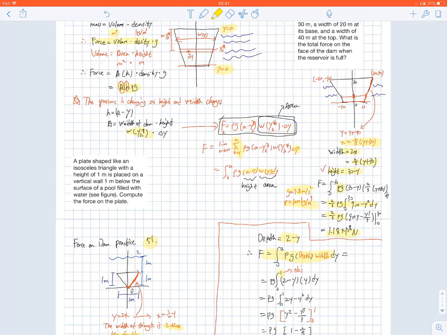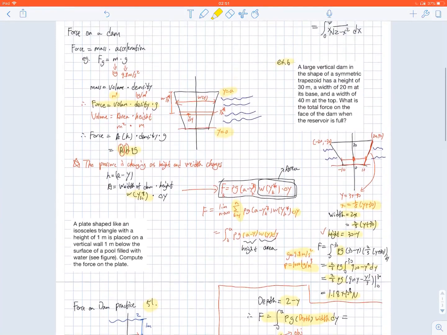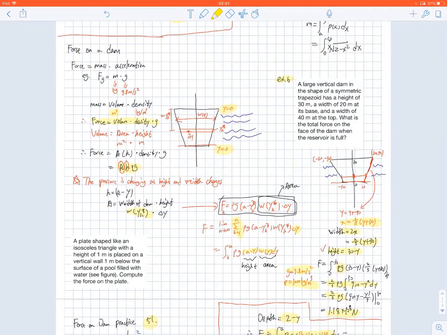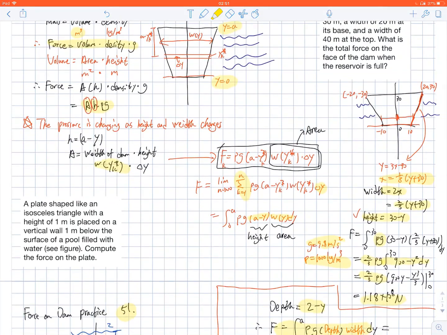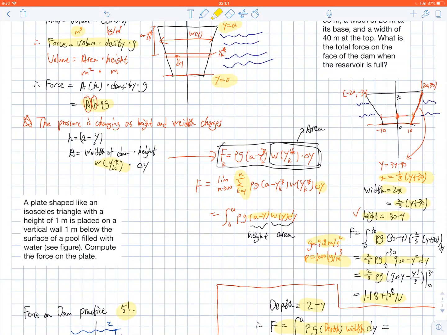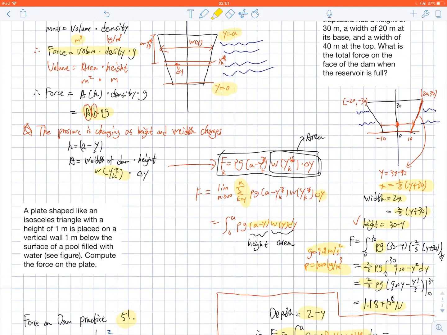So guys, now that we went through example 6, I want to turn your attention to exercise number 51. If you have your books, please follow along. If not, this is a quick little excerpt on the left hand side. And yeah, I'll give you guys a few minutes. When you're ready, please click